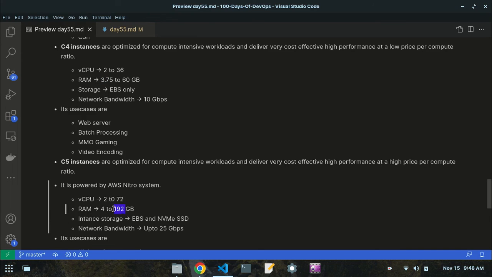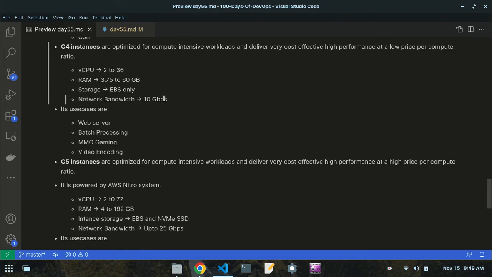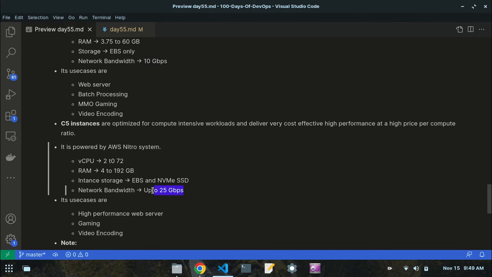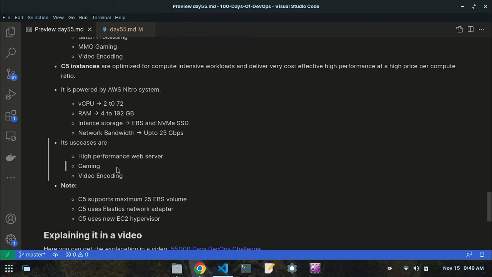The instance storage is EBS and NVMe SSD, and the network bandwidth is up to 25 Gbps, whereas the C4 instance was giving a network bandwidth of 10 Gbps. Its use cases are high performance web server, gaming, and video encoding.